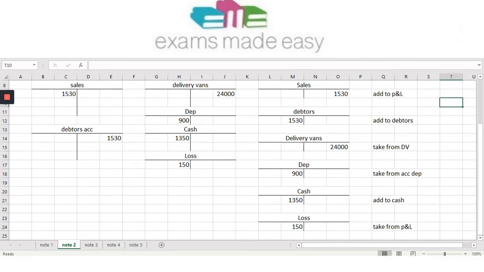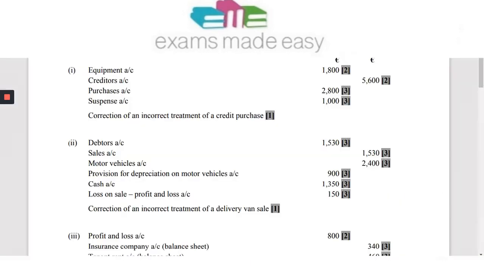So the 1530 you're going to add to P&L. The 1530 you're going to add to debtors. The 24,000 you're going to take away from delivery vans. The 900 you're going to take from accumulated depreciation. The 1350 you're going to add to cash, and the loss you're going to take from the P&L account. So if we look at the marking scheme,